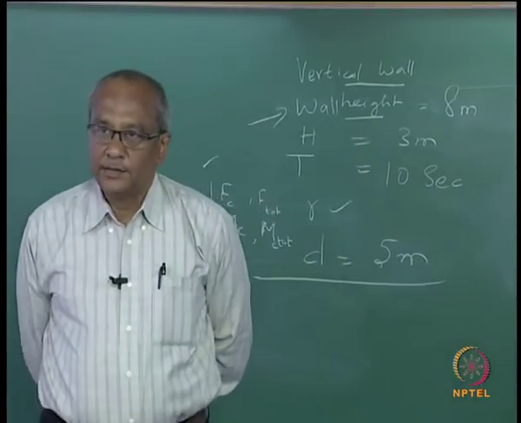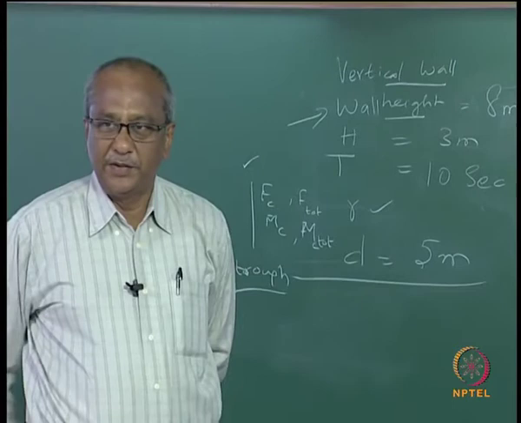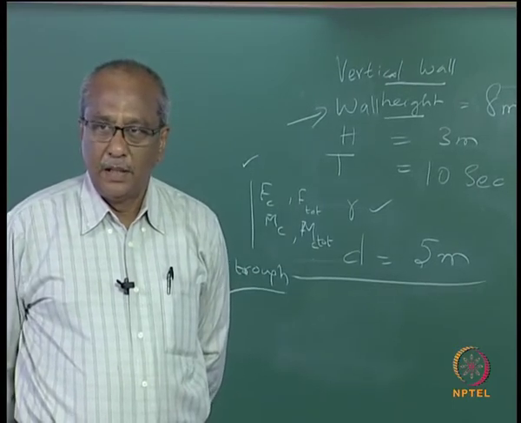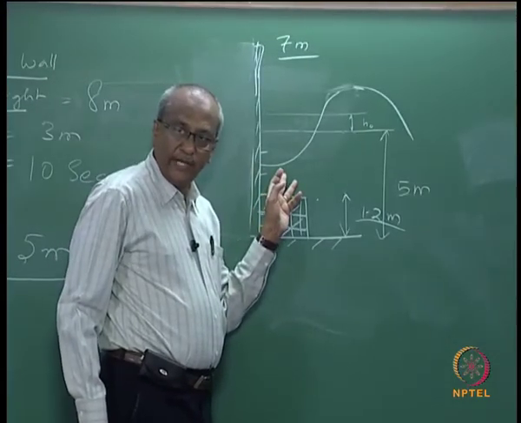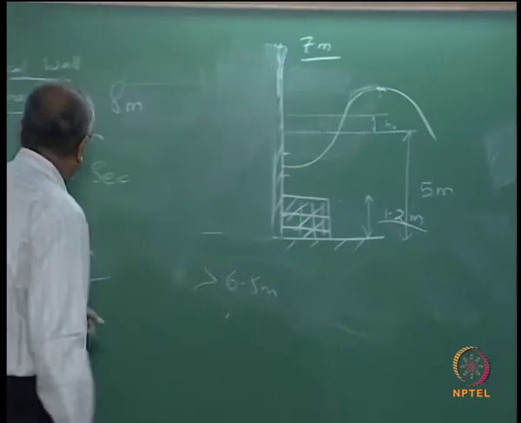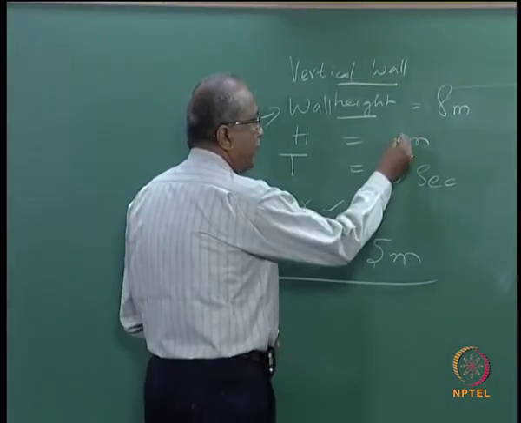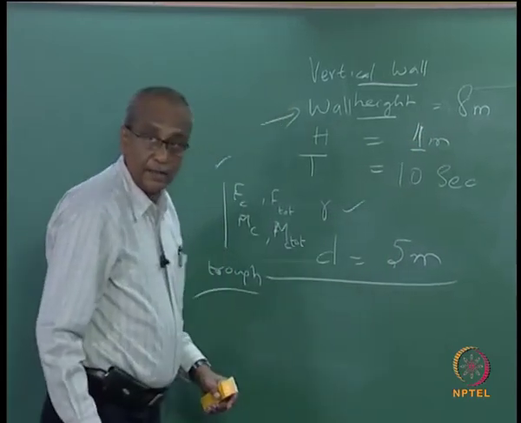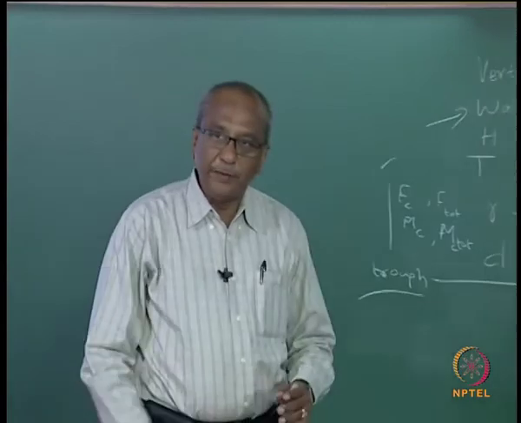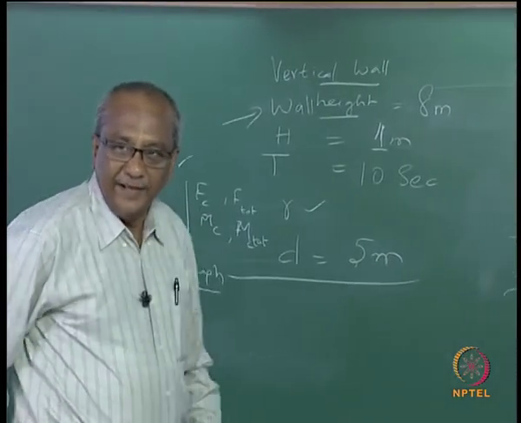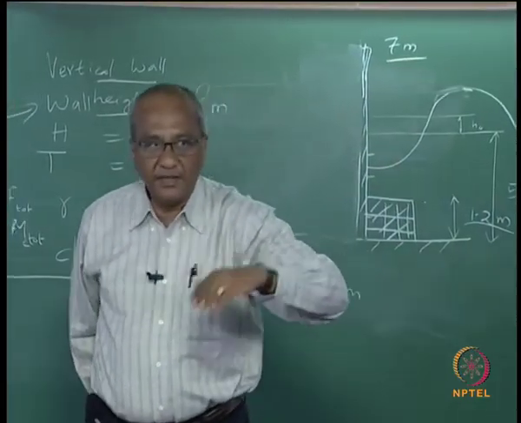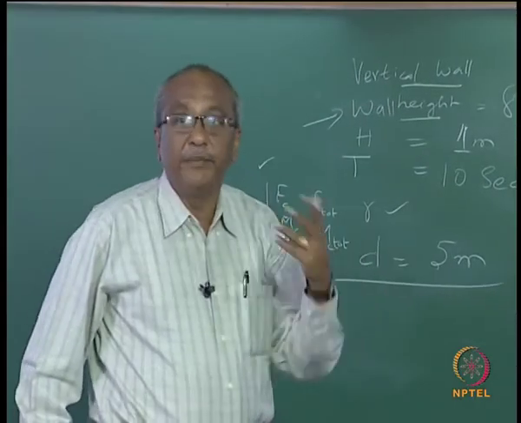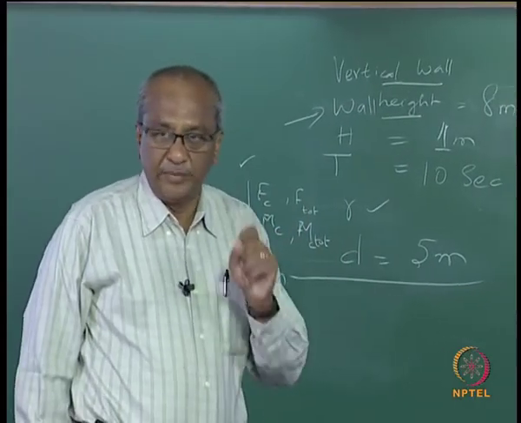Now, can we just change the wave height so that we are dealing with a more realistic situation? Because if you have this 3 meter wave height, it is going to break. So in that case we will change this to 1 meter, and when we change to 1 meter wave height, then again the height of the wall need not be 7 meters, it can be reduced. That is the reason why I am asking you to look at the problem with magnitudes. That is the best way of understanding.